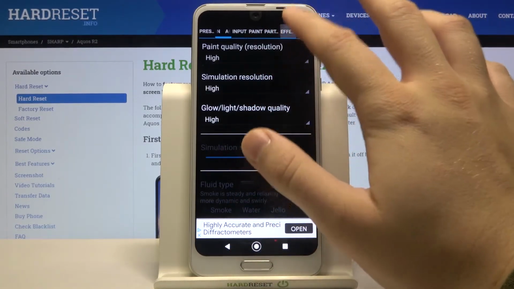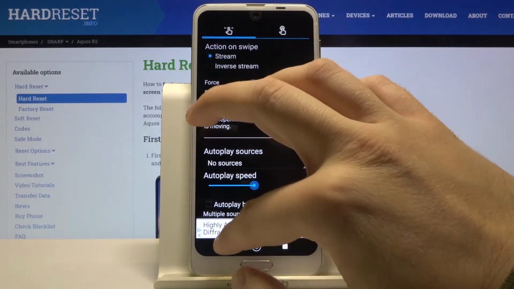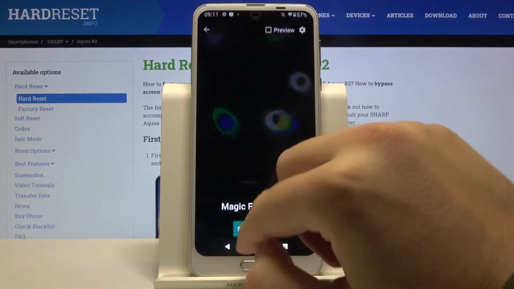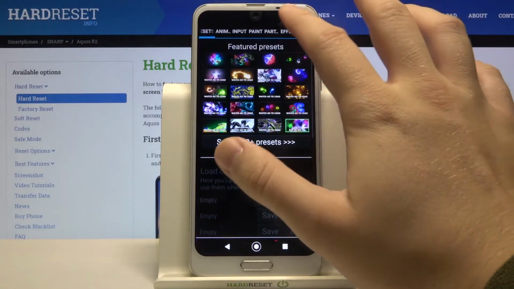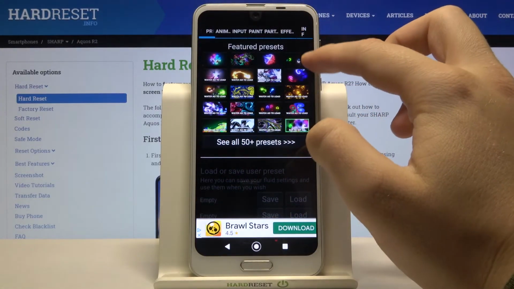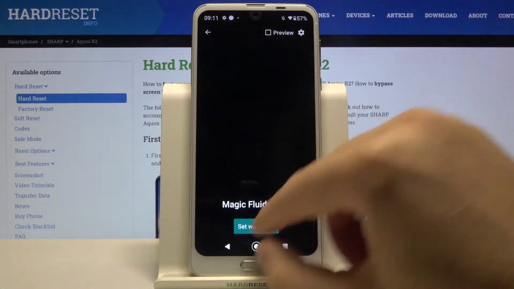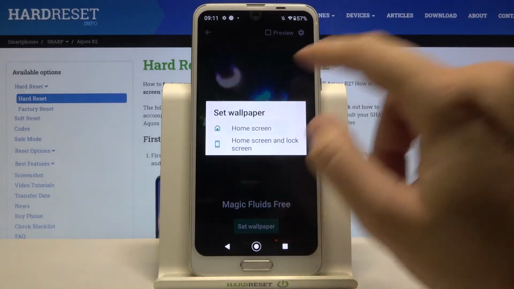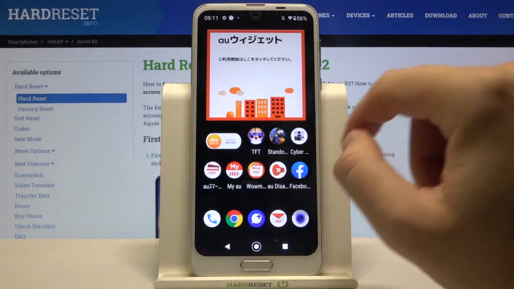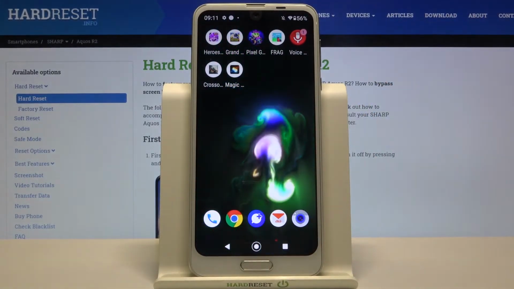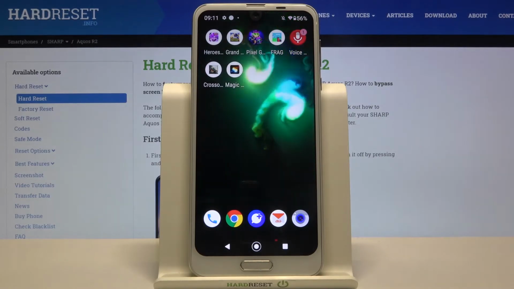We can change the theme of this one, so go for this, for example. It's my favorite, by the way. Click to set as a wallpaper, and as you can see right now, here we got this cool looking live wallpaper on our